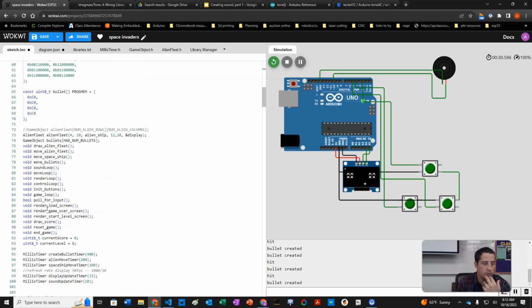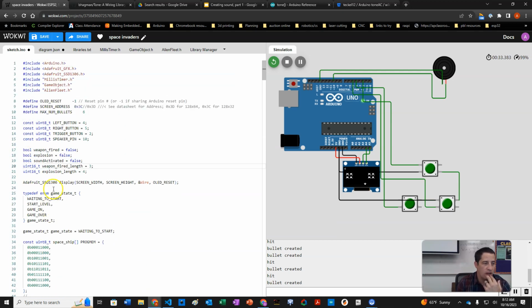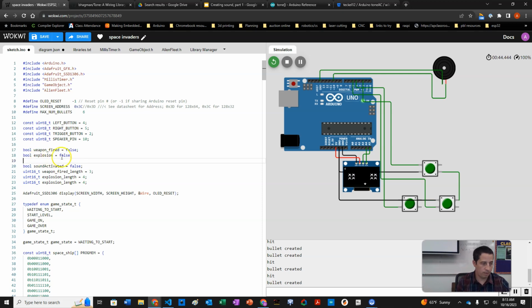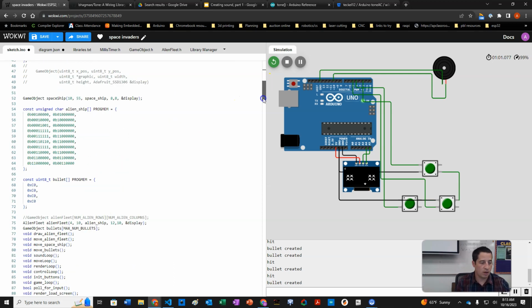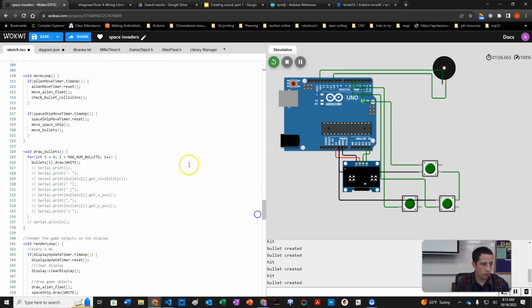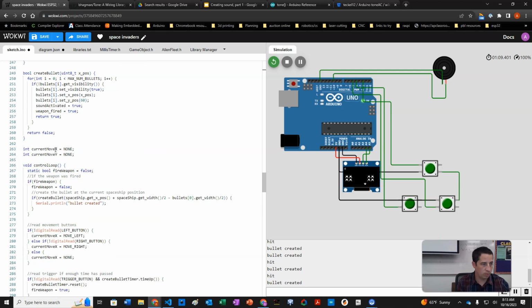Okay, so now what we want to do is we want to maybe add a movement sound when we're moving the spaceship as well. And so let's say we'll make a variable called ship moved. We'll set the ship moved length to maybe 1, so something really short. And then down in our sound loop, what we will do, move loop, render loop, control loop,